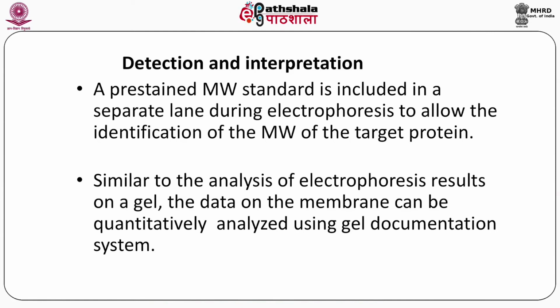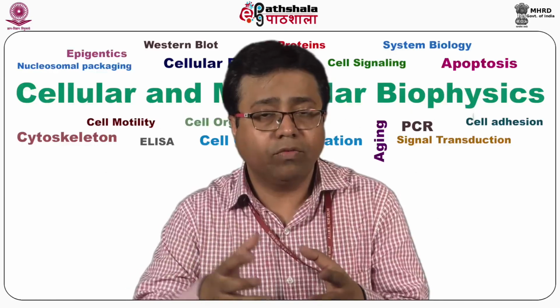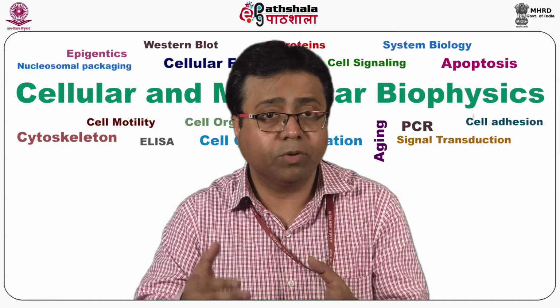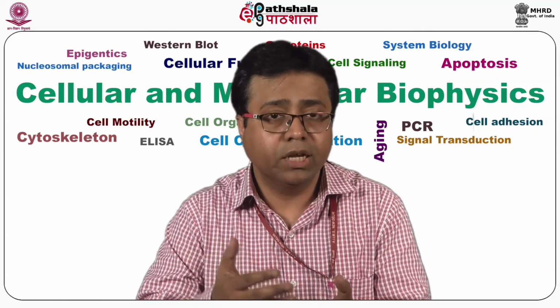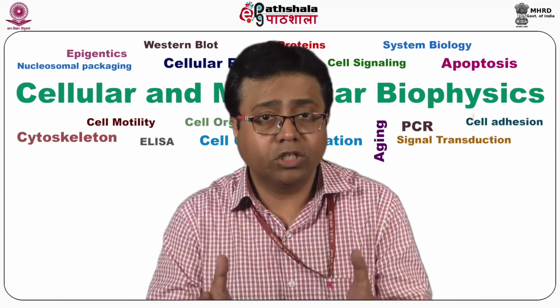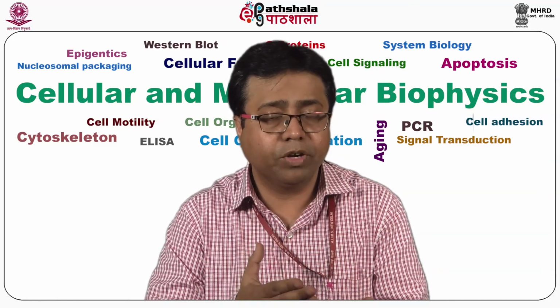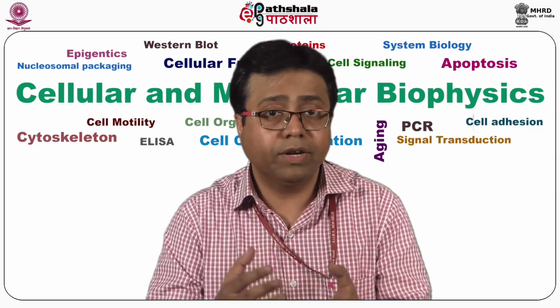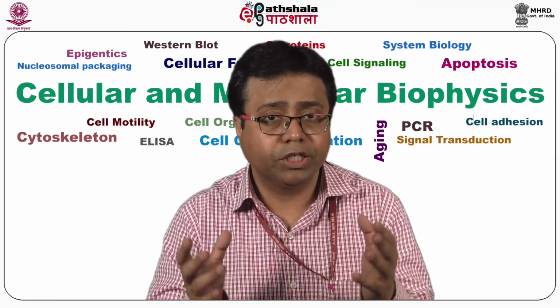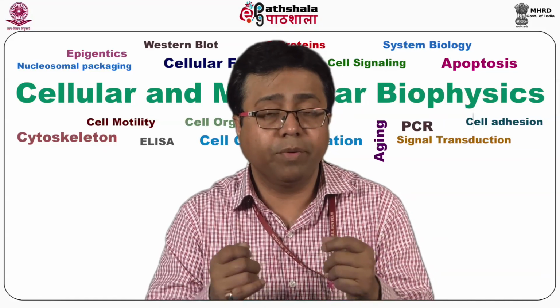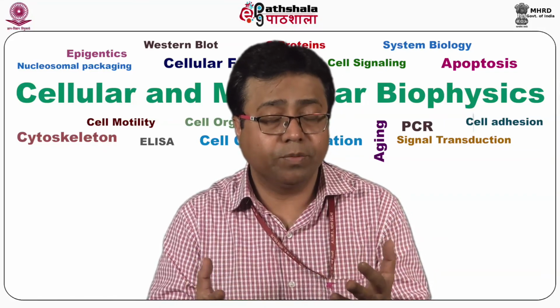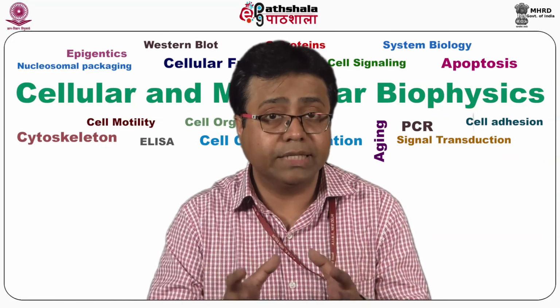And always remember, sometimes the protein doesn't migrate exactly as per the molecular weight, because it can be modified with different agents like sugars and other things, which is known as post-translational modifications. Once they get added with those particular things, the molecular weight of the proteins can either increase or decrease, and the charge is also altered. As a result of this entire process, the actual molecular weight of the protein may not be reflected because of these different kinds of PTMs, or post-translational modifications. Just be aware that the observed molecular weight may not match the actual molecular weight of the proteins, and that different things could be going on.